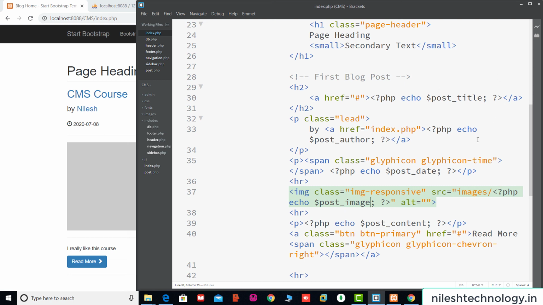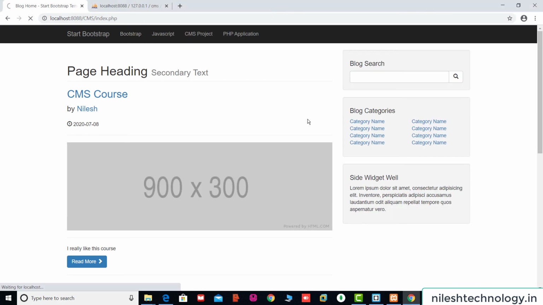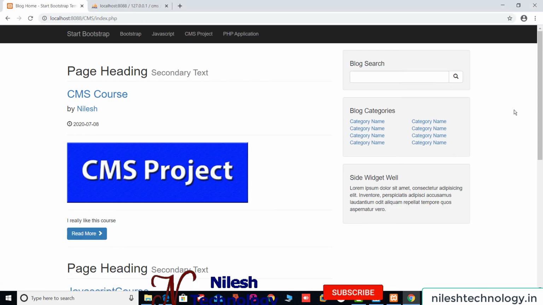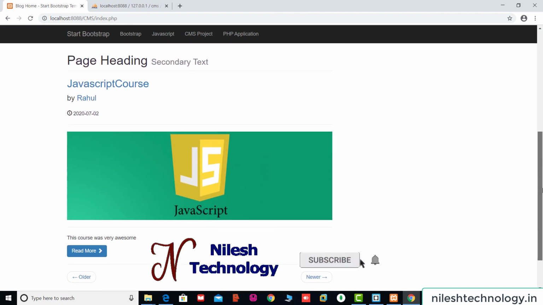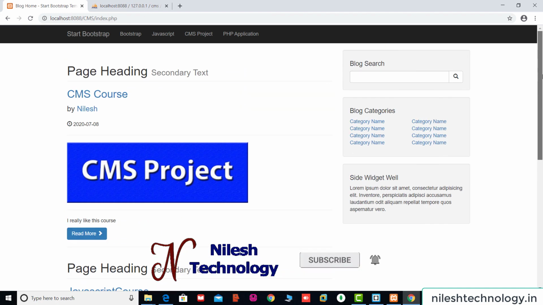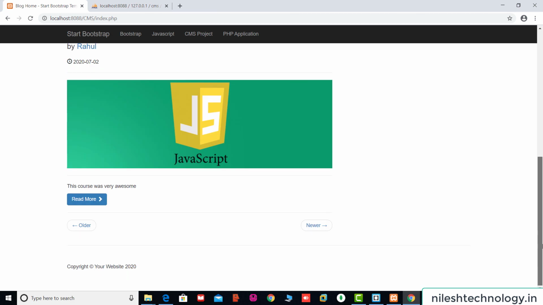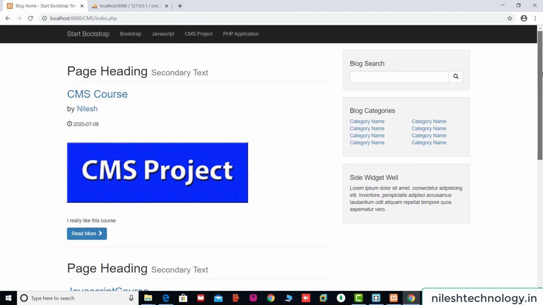Save here. Okay, Control S. So see here after refreshing, this is your CMS project and this is your JavaScript. Okay, now here we finish this post content.